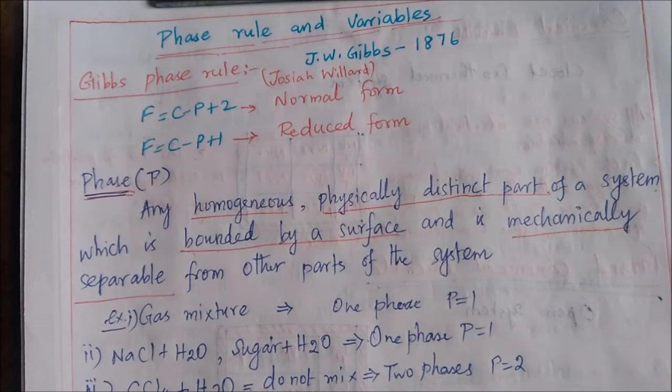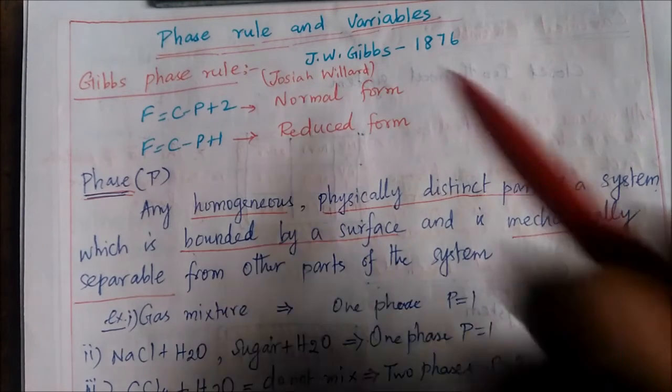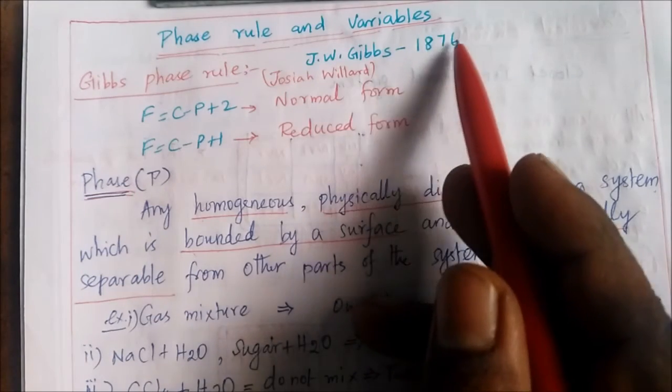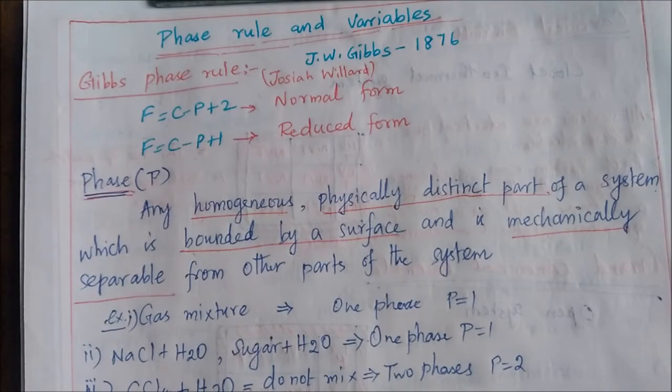It is usually termed as Gibbs phase rule because it was enunciated by J.W. Gibbs, Josiah Willard Gibbs, in the year 1876. While investigating heterogeneous equilibria, he found this relation to explain the chemicals present in the system which are within equilibrium